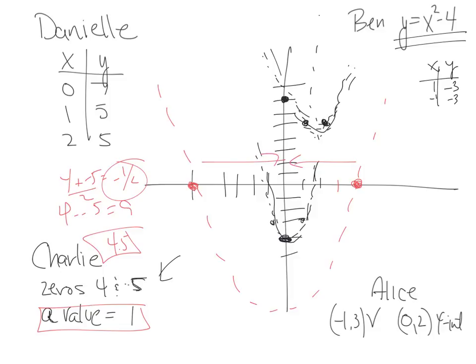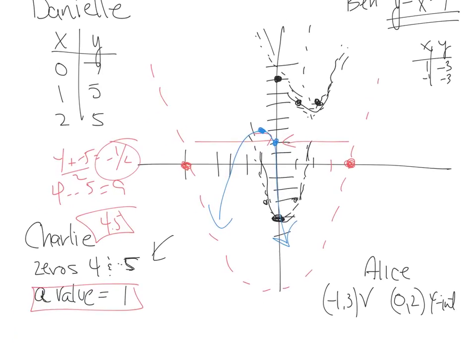Okay, and then finally we've got Alice. Alice is at (-1, 3). That's her vertex. And her y-intercept is (0, 2). Well, now I know she's got a parabola that goes this way. Go ahead. And now that you can see all 4 of the parabolas, well, you can answer some questions like,